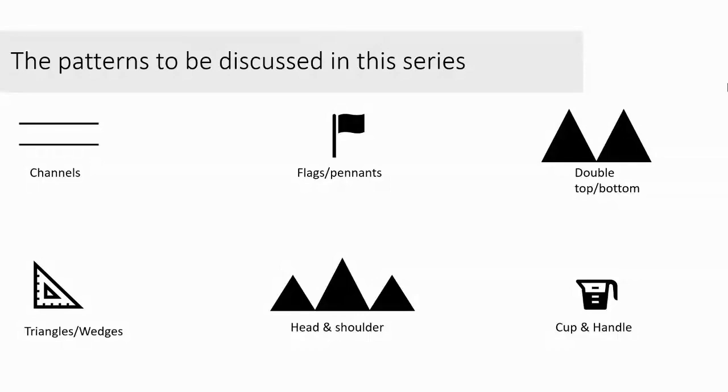Now please understand that we will discuss all the patterns, but it is on you to go back, try to identify them and practice as much as possible. I'll give you an example. When I was doing this in my early years, I used to see at least 30 to 40 charts initially, and then that went up to like 100 charts per day. I used to find which pattern is forming, why it is working, why it is not working, and with my knowledge and understanding I have come up with this series.